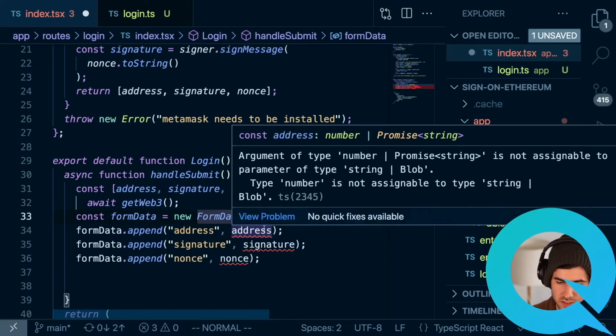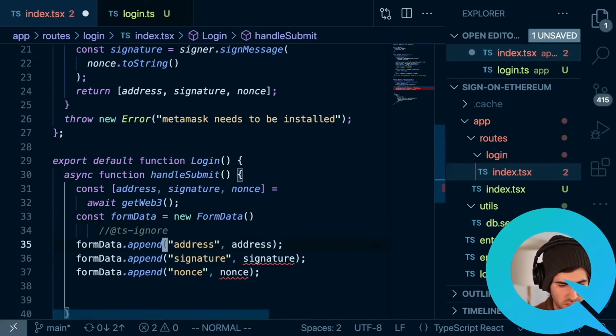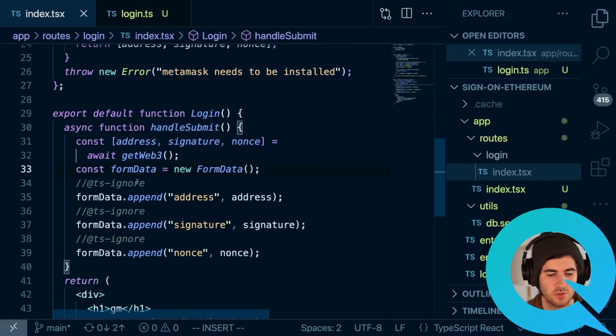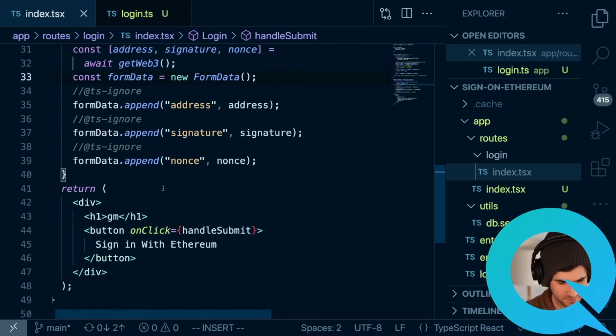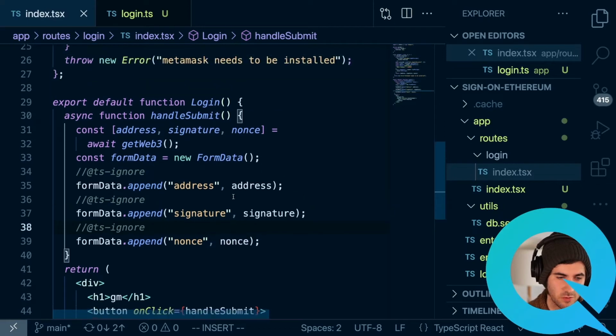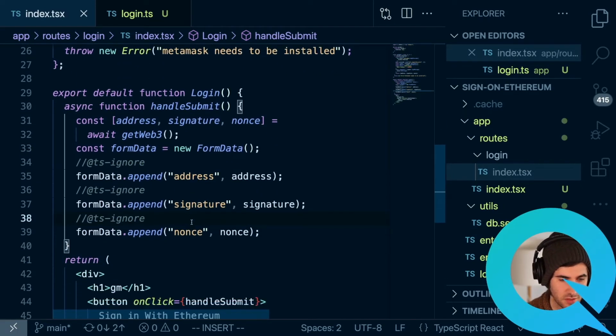And so for each of these, we are actually just going to throw in a little hack throughout this tutorial. We're just going to add some of these for the sake of speed. Typically, you'll want to verify all of the data. But for the sake of speed in this tutorial, we are just going to ignore these and know that we are in fact going to be getting them.